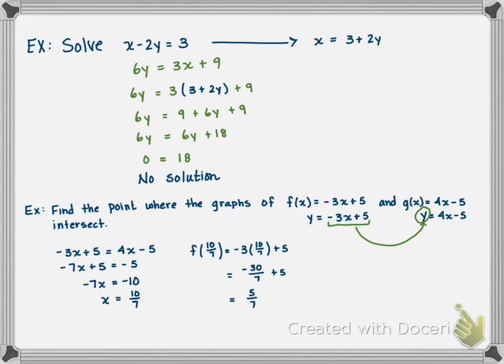You can plug that into either equation. And one thing that's kind of cool is, if this was a test or something, you could plug it into both, and if you don't get the same thing, then you know you made a mistake. So it's nice to be able to know that you did something right before you hand a test in. So if we had done g of 10/7,